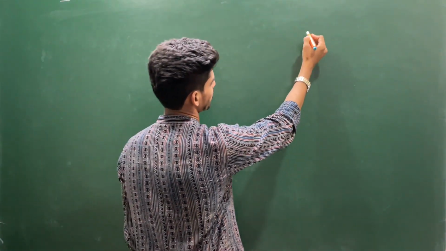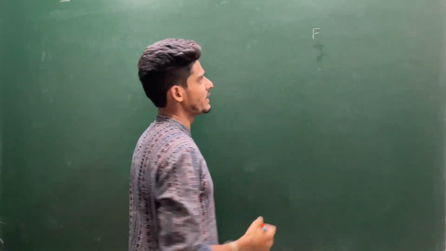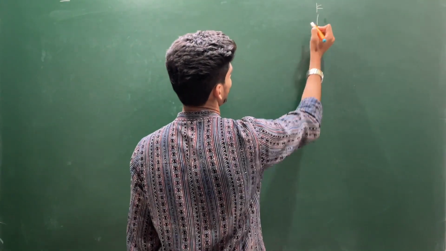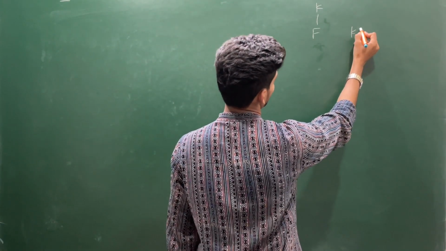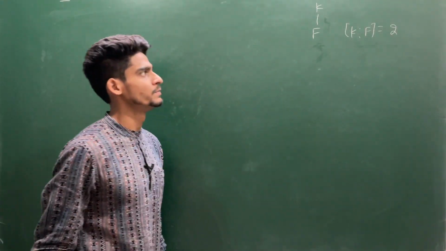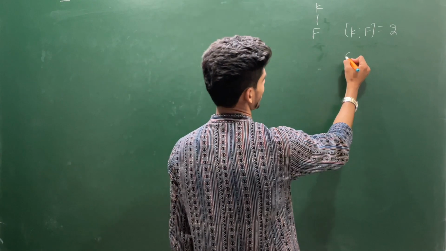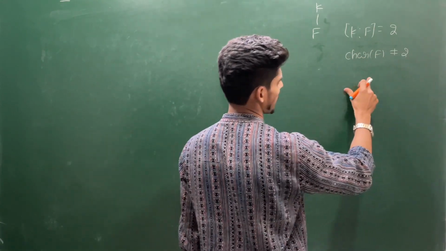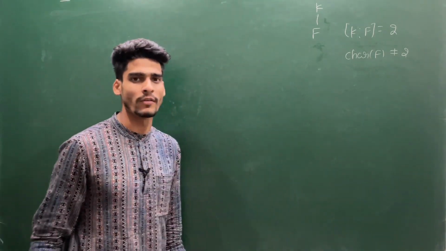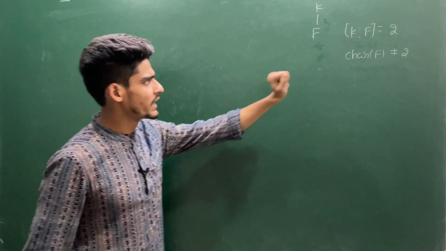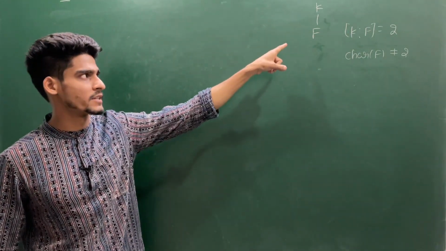Suppose first I talk about this structure. You have any base field F, you are taking an extension K over F and degree of this extension is 2, and I am also assuming one more thing, characteristic of F is not equal to 2. Soon I will answer why I am choosing this characteristic of F is other than 2. What can you say about this extension? How this extension will look like?